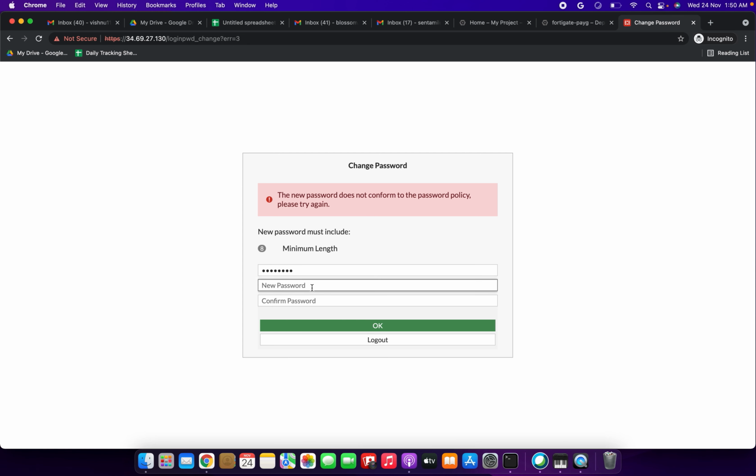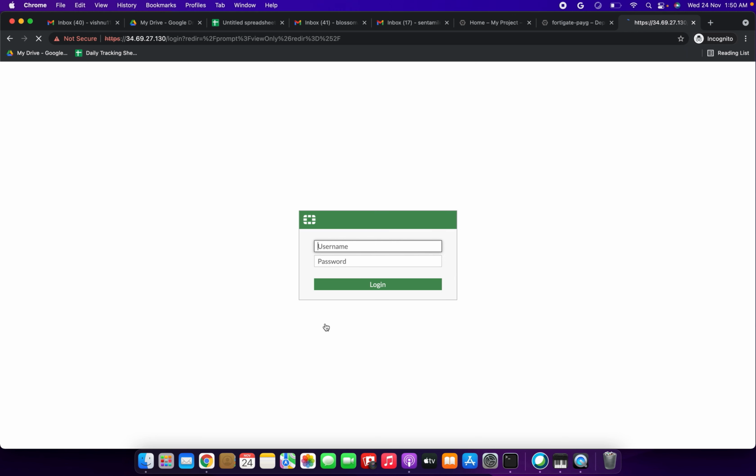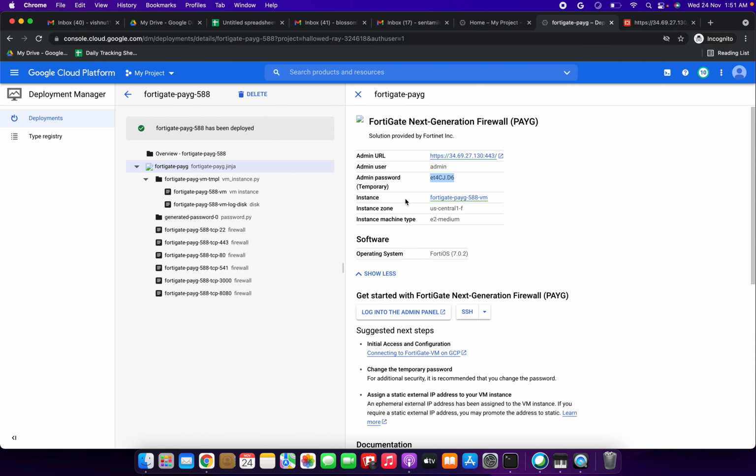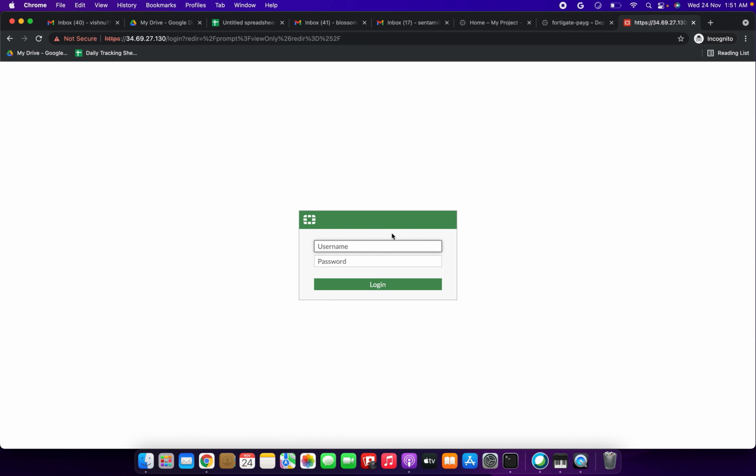Okay, let's try again. I am putting the temporary password and the new password. Now I am giving something alphanumeric, and a special character also, like we do for a Gmail password. I am updating it like that here. Let's try, friends. Now just click OK. Yes, great, it has been a success. Then again we need to put the username. I think we need to type admin only, right? Yes, we need to type admin. Great. Then for the password, we need to type the new password. Yes, we have typed that new password, and click login.